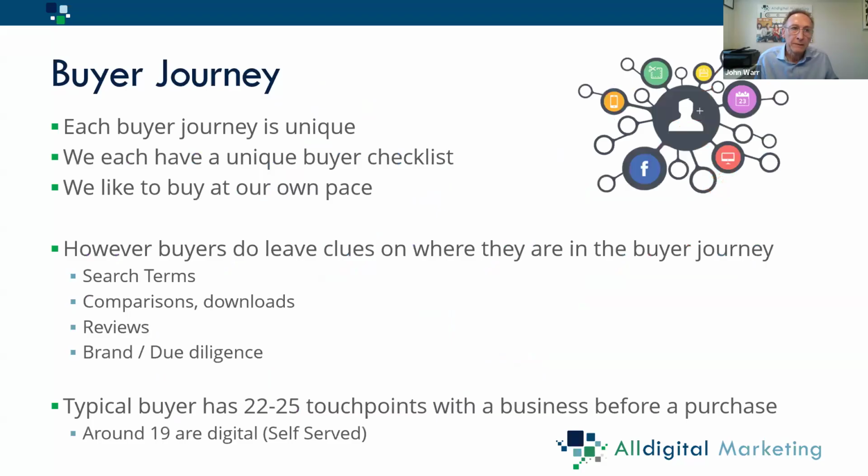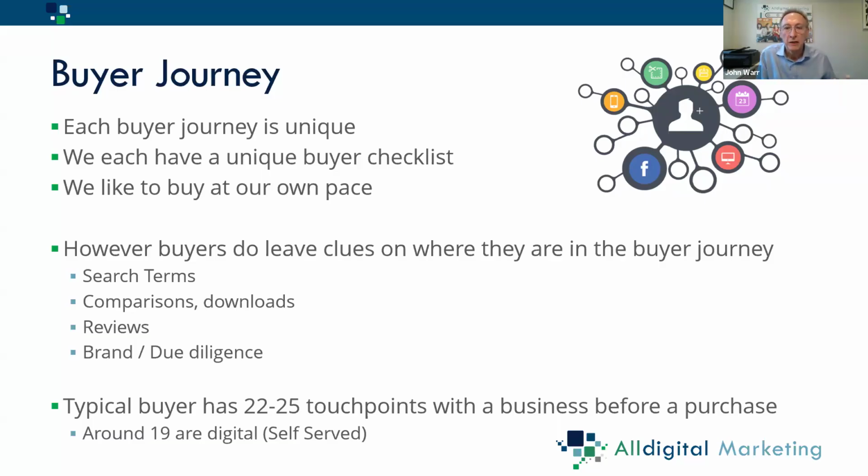We carry on here. Each buyer is unique. So each buyer has their own buying checklist, and they all like to buy in different ways. So some people buy emotionally, some people buy logically, some people are in a rush, some people take their time and are very reflective and contemplate. Some can take months, some might make the decision in a matter of days. But however they buy, they leave these digital footprints. These footprints can be seen in the terms of their search terms, or how the comparison sites, or when they read reviews, or when they check your site. And each of these behaviors are trackable.